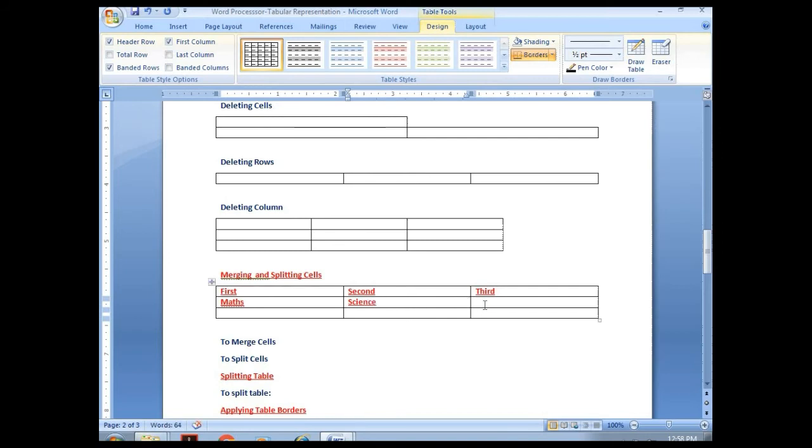Here 3 rows and 3 columns are there, and if we want to make a date sheet for a particular school, then we can insert a row above to write the name of the school, and we can merge the 3 columns to one so that it will look nice.